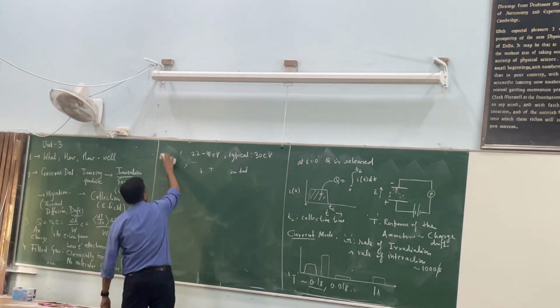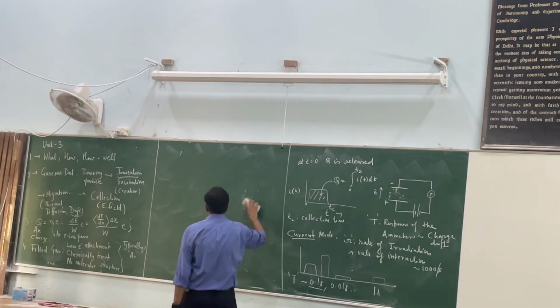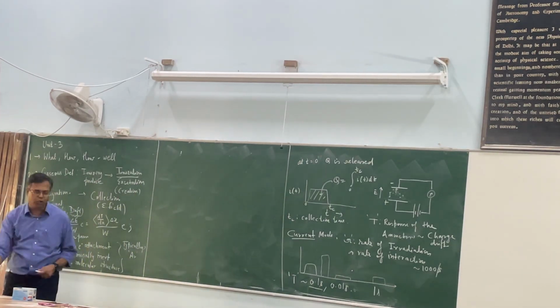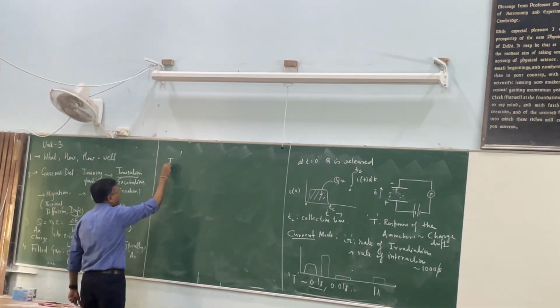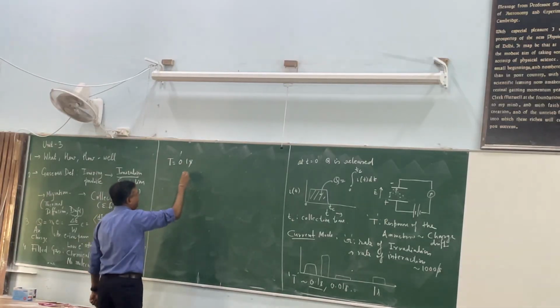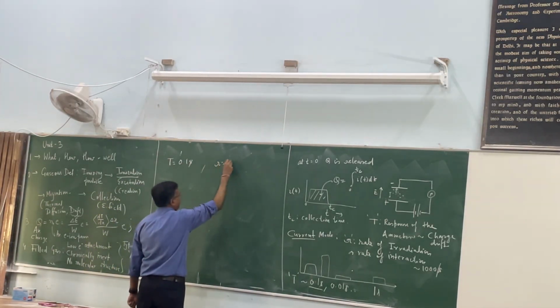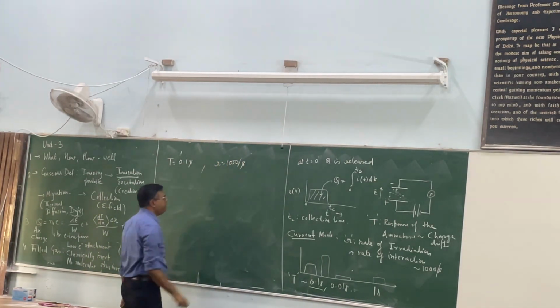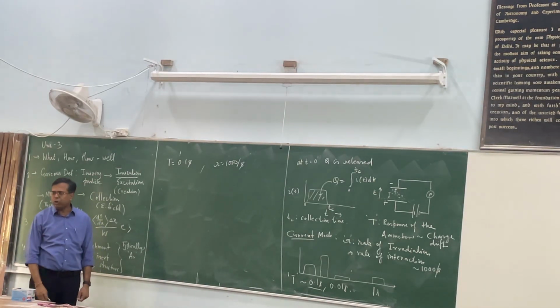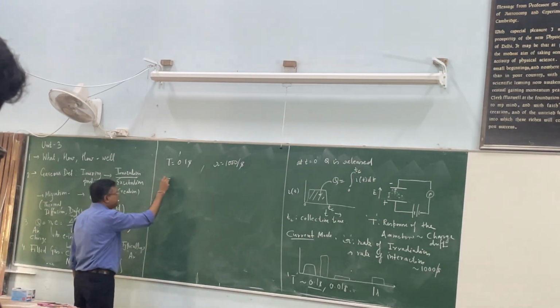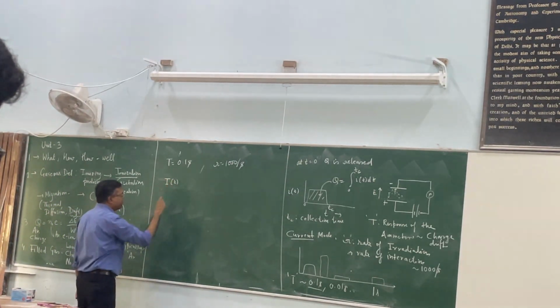What am I going to see? If the picoammeter is there, with a response time of 0.1 second, so T is 0.1, and the rate is 1000 per second, what am I going to see? I am going to see the total current which is flowing in the picoammeter